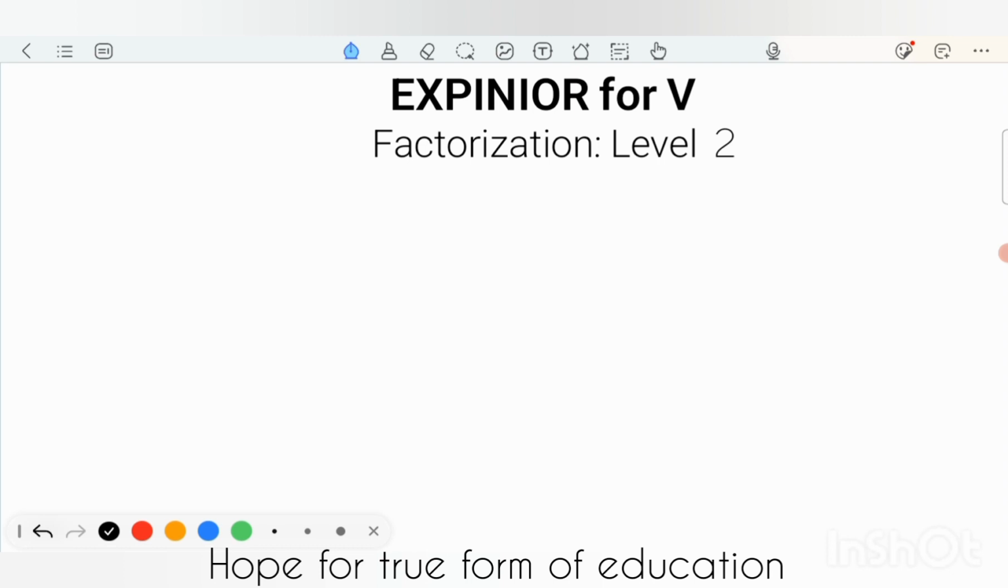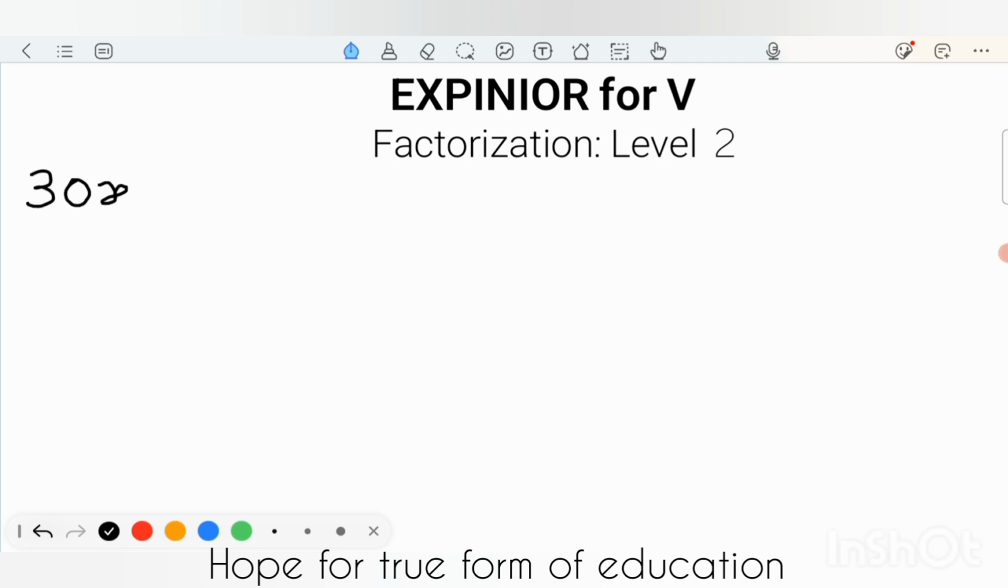So this is Factorization level 2, where we'll solve the indirect or different type of questions rather than basic level. In level 1 we did the basic level, and if you do not understand level 1, you will be unable to solve level 2. So make sure that you watch that video and you are perfect with it, then you can proceed to level 2. In this video the first question will be